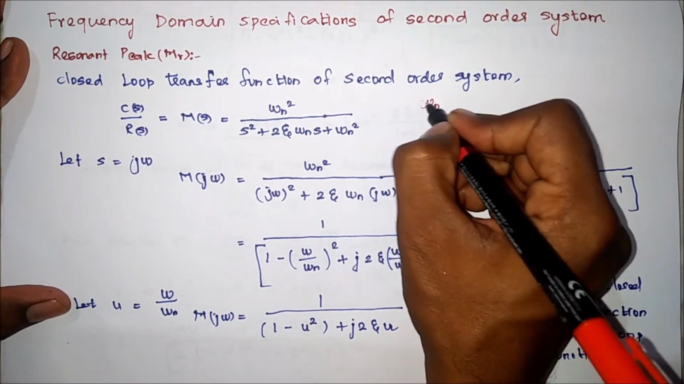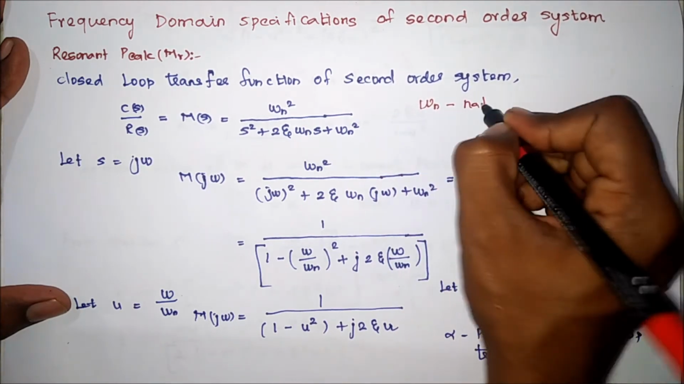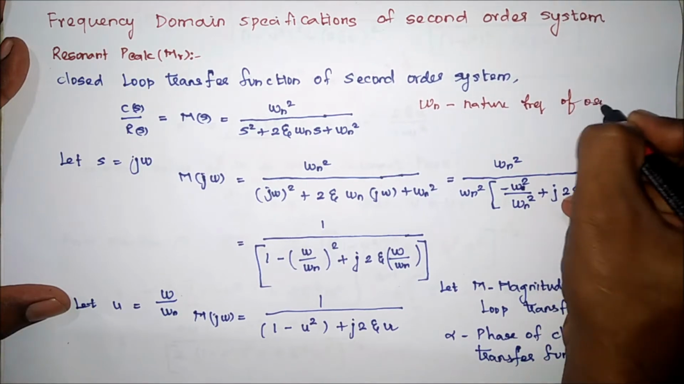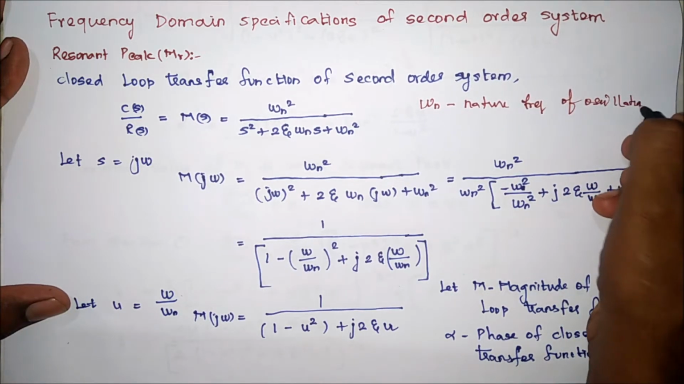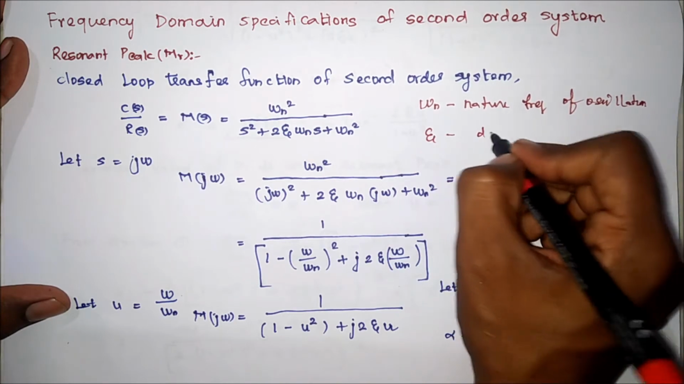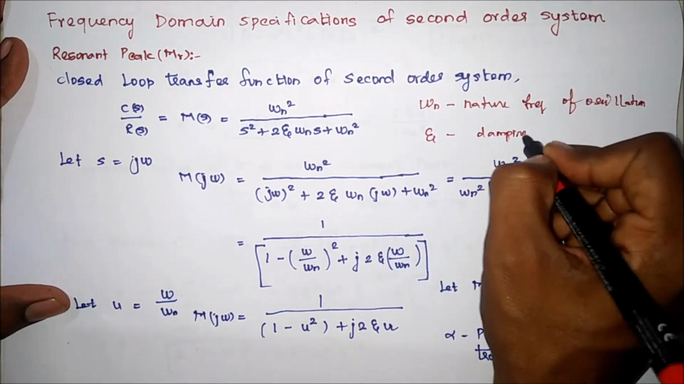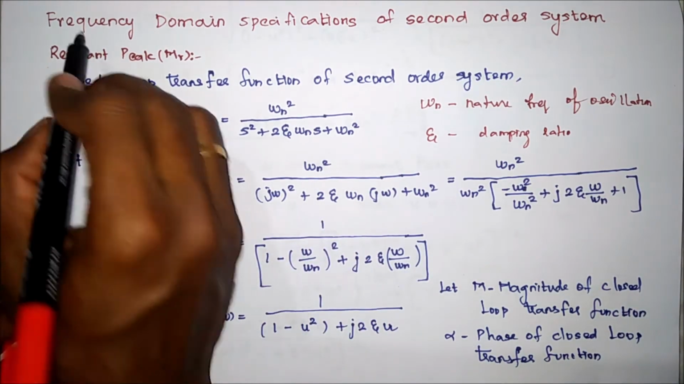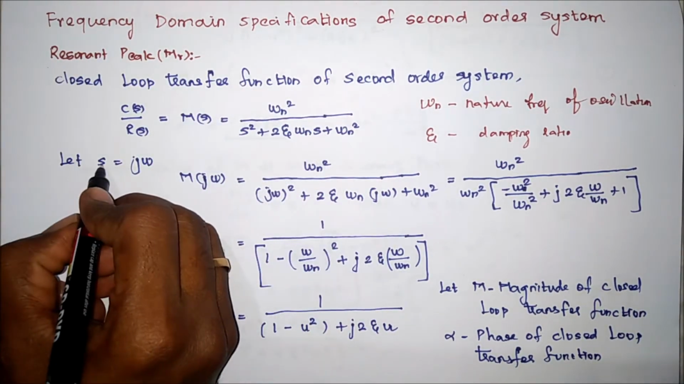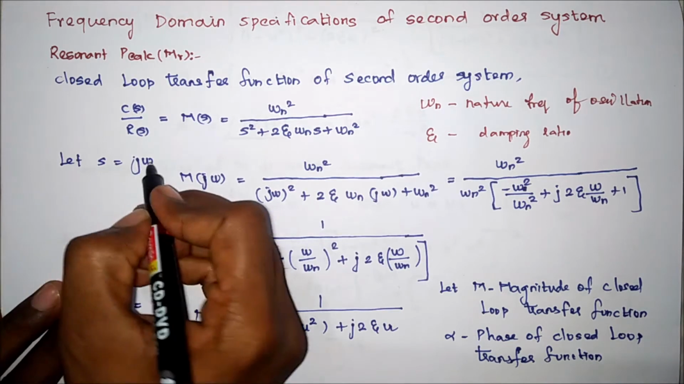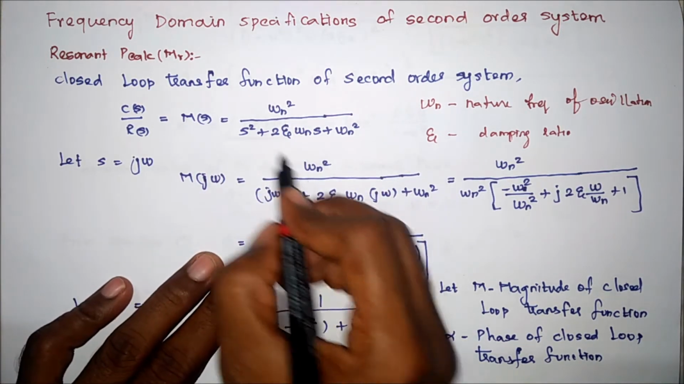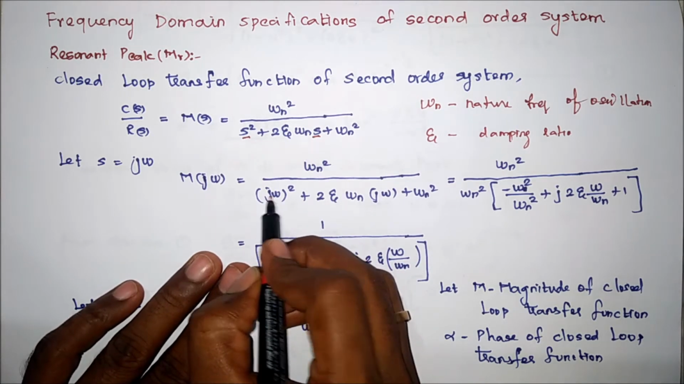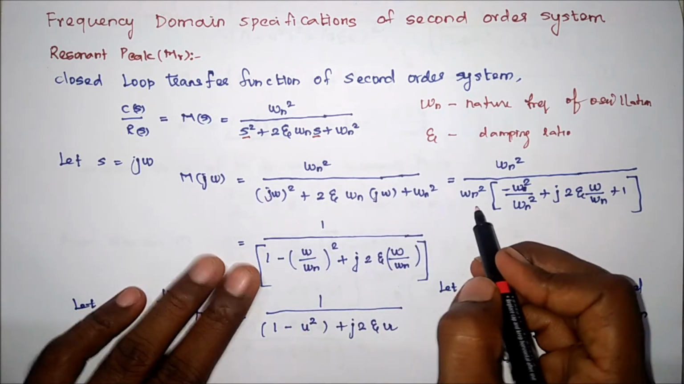So we know omega n is the natural frequency of oscillation, eta is nothing but the damping ratio. This we all know already. Now, according to the frequency domain concept, we have to substitute s equal to j omega into this equation. Here s square and s, we simply replace by j omega. So we will get,